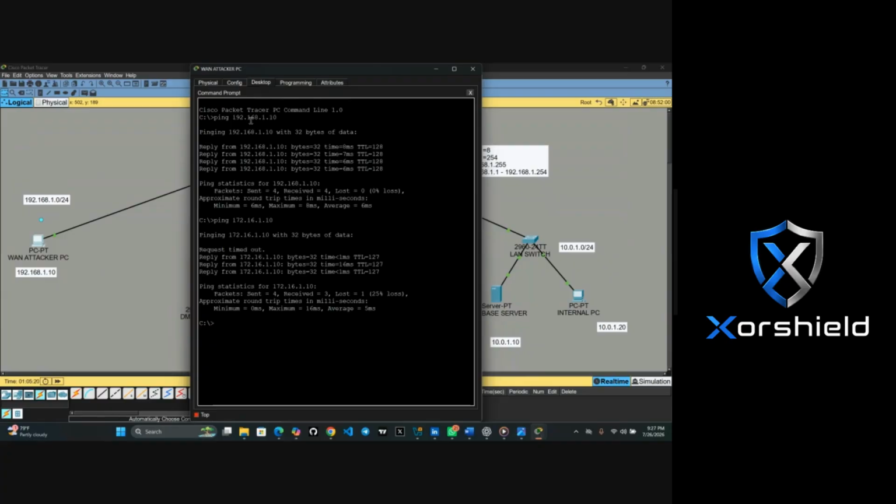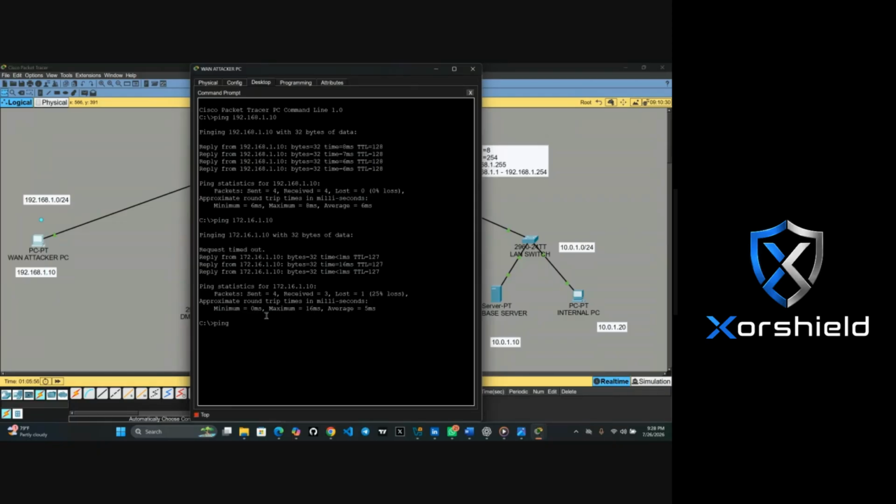Can you see it give me results? So what I'm doing here is, you know that this 172.16.1.10 is for the web server. That means the attacker PC can access the web server. That's what we are seeing here. You know that we allowed it, right? Yes. Thank you.